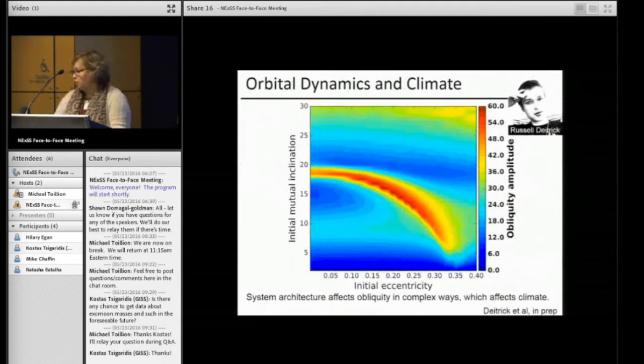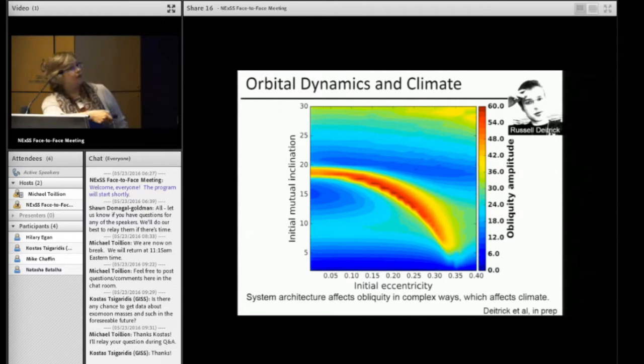The other thing we're doing, this is work done by Russell Dietrich, who's also here. He's a grad student working with Rory, looking at how orbital dynamics can in fact impact climate and potentially habitability for the planet. And so he's looking here in orbital parameter space with the initial eccentricity for planets and the mutual inclination to other planets in the planetary system,